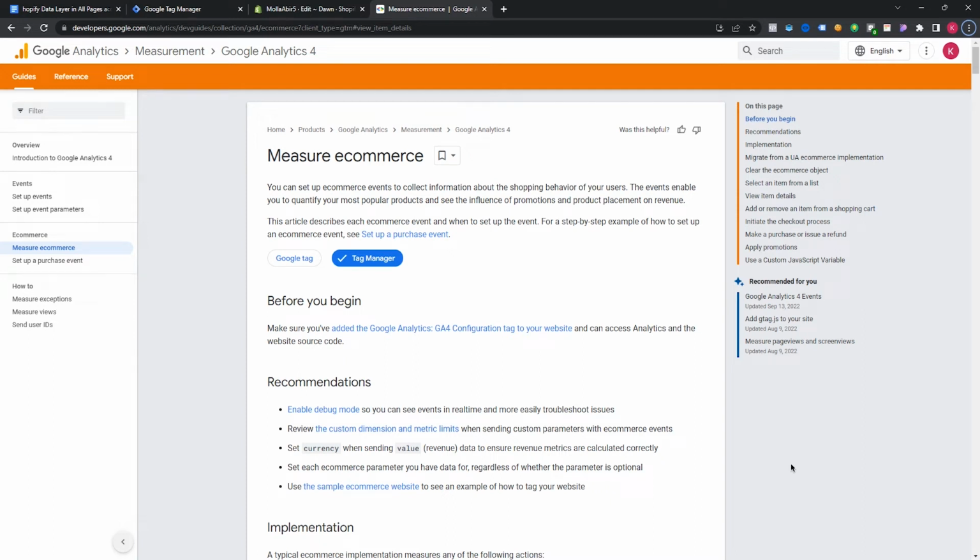Hello everyone. In this video, I will show you how to enable data layer in Shopify according to the GA4 schema. Through the data layer, we can dynamically track e-commerce products very easily. We can track our customer activity through the data layer. And as you can see, here is Google